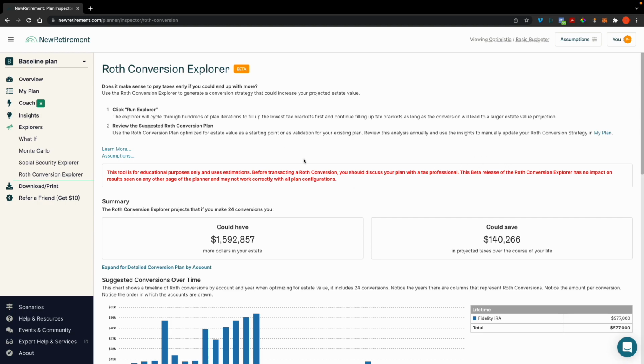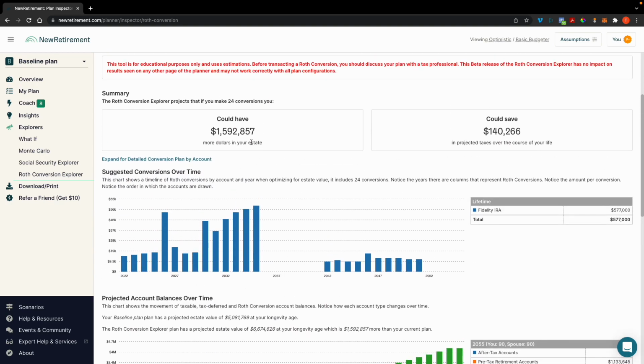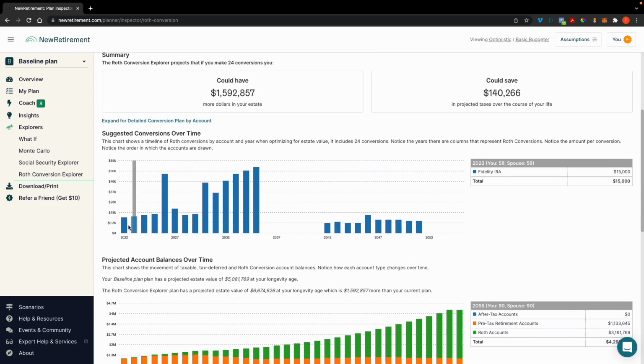Another thing to look at, the next step I should say, would be for you to start testing out conversion amounts that seem reasonable for you. So for instance, if this was your situation, it's telling you that you should consider converting $14,000 from your Fidelity IRA.